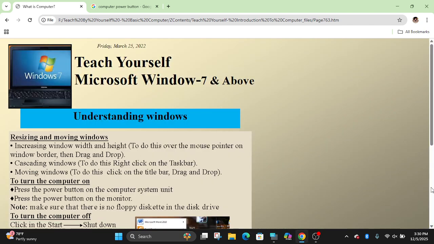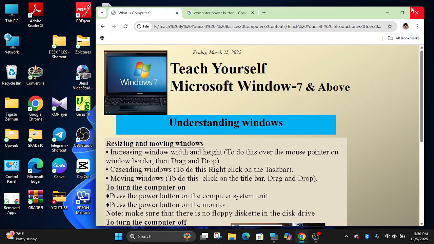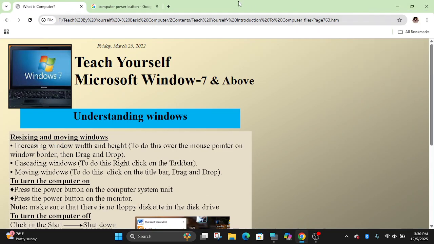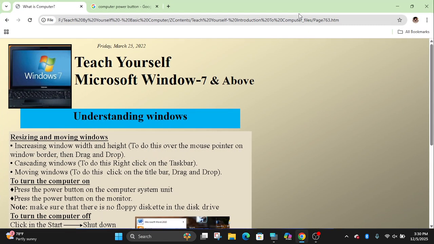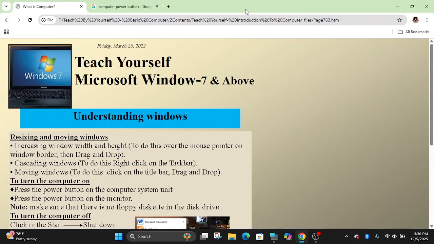I'll continue understanding Windows. There are a variety of methods to interact with our computer. It's possible using this maximize and restore. We can minimize the size, restore, maximize, or the other option is to double click on the title bar. Again double click on the title bar at the top here, and it maximizes the window.